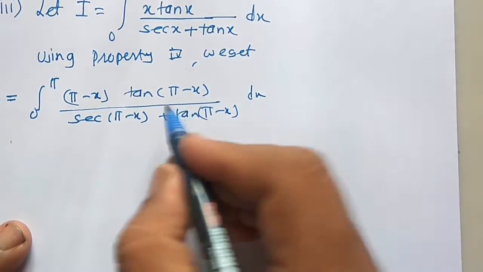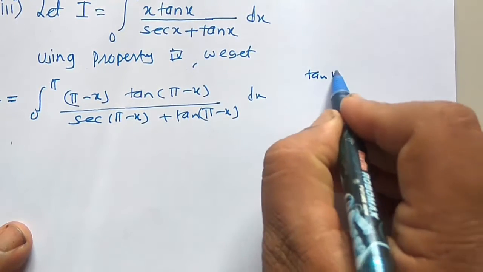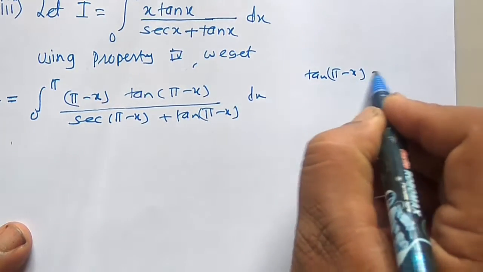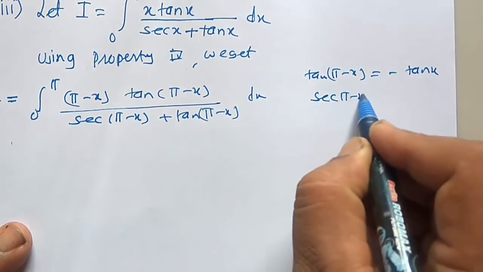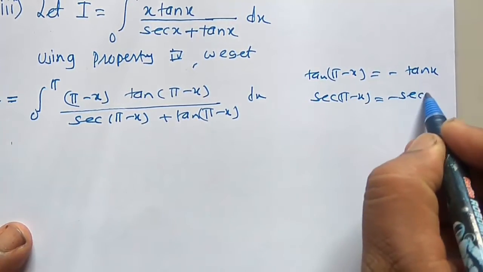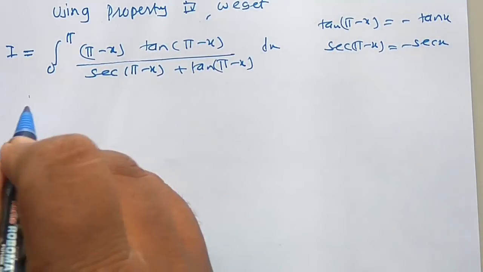Now we know that tan of (pi minus x) is equal to minus tan x. Similarly, sec of (pi minus x) is also minus sec x, and so this is equal to